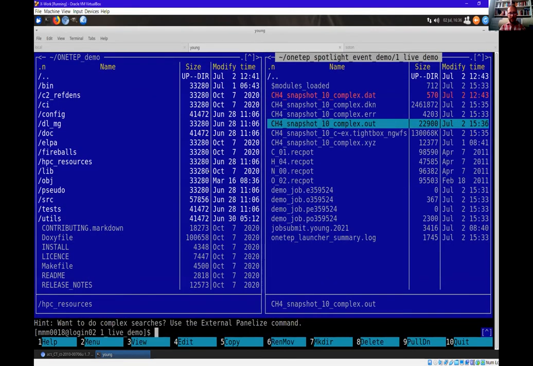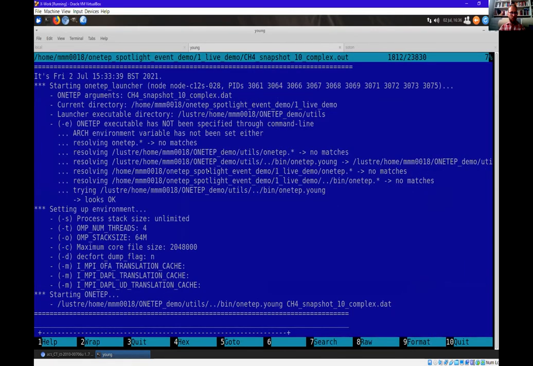So while it's running, I can maybe show you what you can see in the output. First, you get a few messages from this Onetep launcher. It tells you where it is running, what the process IDs are, what is the name of my input file, in which directory I am. This is useful if you want to come back to this output file in a year or 2, so you know where this was running, which machine this was, and so on. This launcher then tries to determine what the executable is. So it figured out that it should run this Onetep executable from some logic,